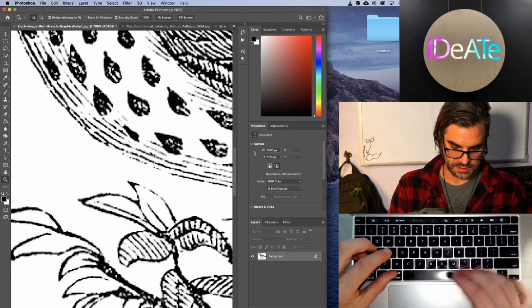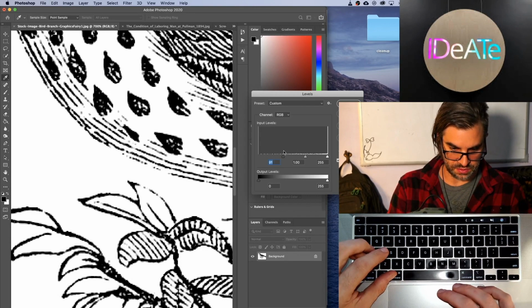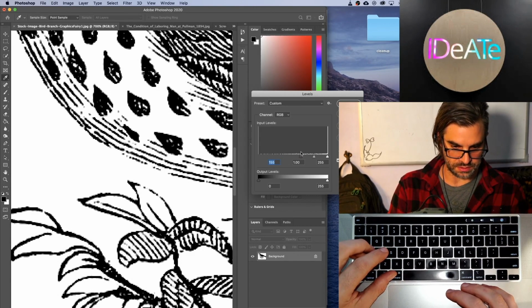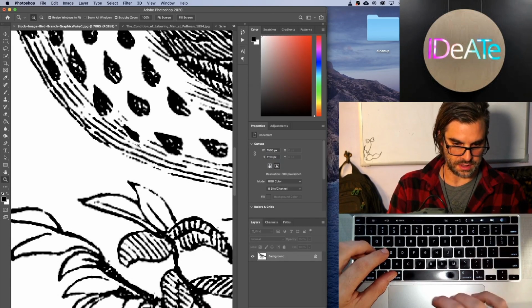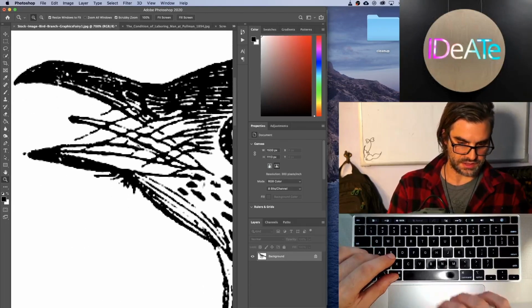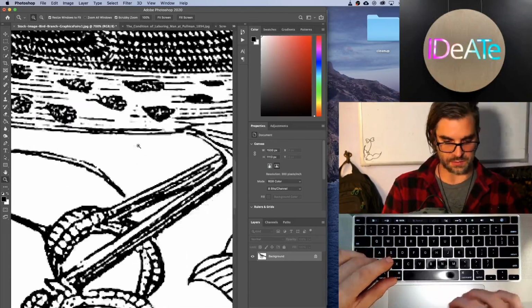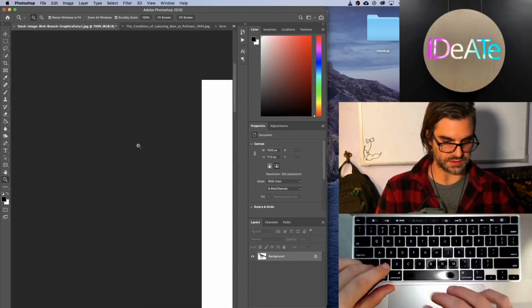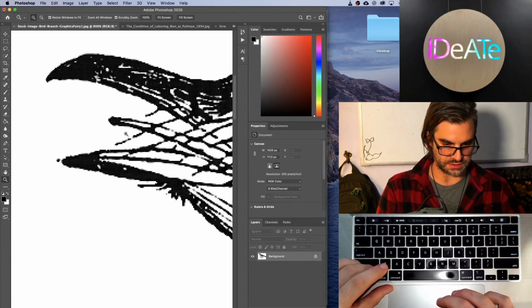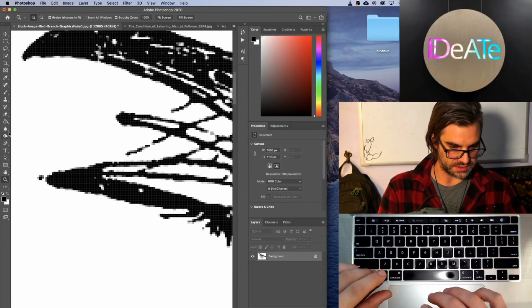So I'm going to come in and do levels again and just crank up the black just a little bit to try to thicken a little bit of that. Yeah, so now I know I'm dealing with the maximum amount of just black pixels and just white pixels, which is something that laser quite appreciates and understands better. So then in terms of retouching,